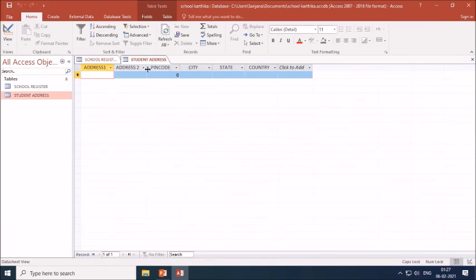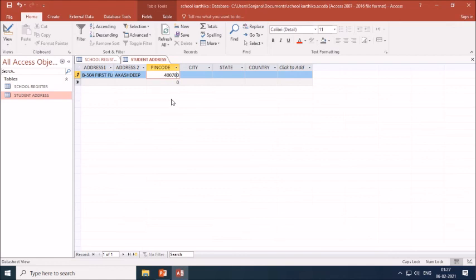So this way you can add the records. Now let us see how to add a record. So we will give here flat number B504, then first floor, you can write here first floor, then write the name of the building, Akashdeep, then you can write here pin code 400070.